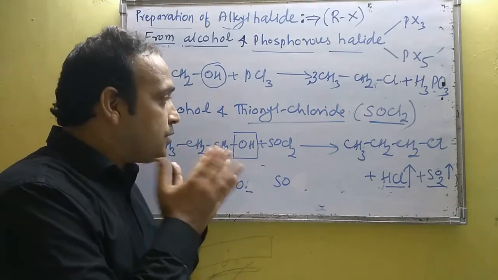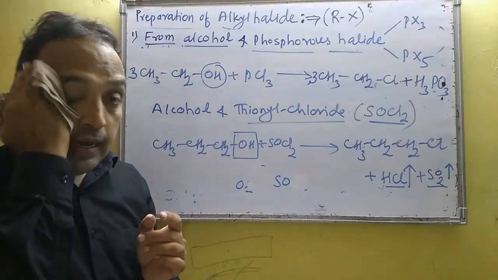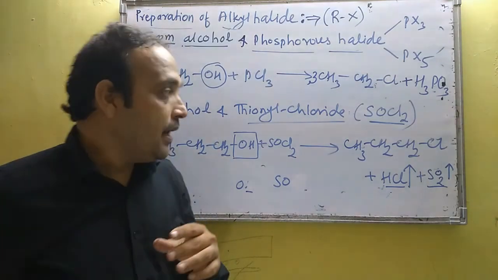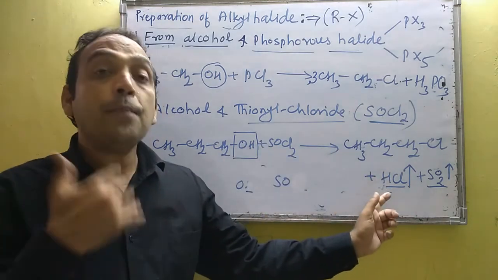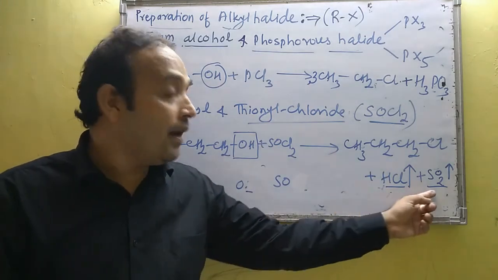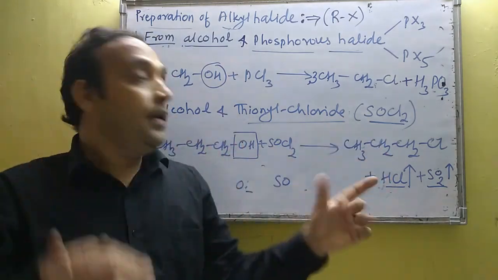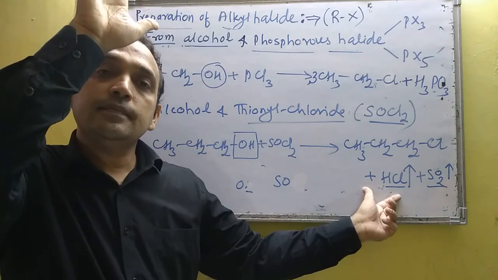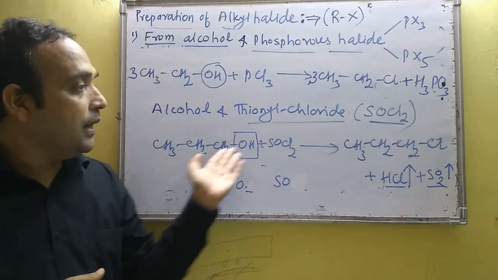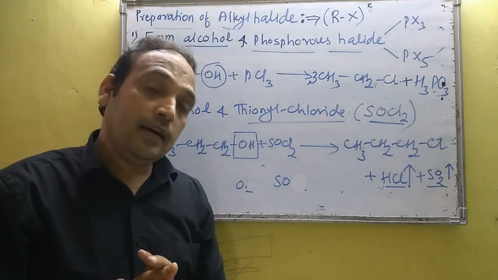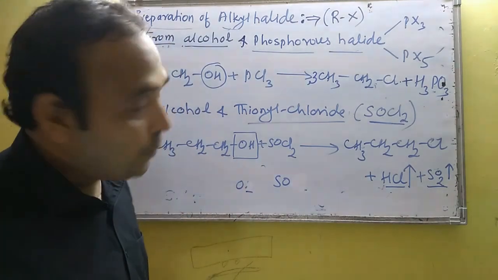Now this SOCl2 is the best chlorinating reagent. And why is it the best chlorinating reagent? Because the byproducts formed are gases. It does not require extra effort to separate. These gases can evolve, and we get our original product, the alcohol converted into alkyl halide. So which one is the best chlorinating reagent? SOCl2, because both